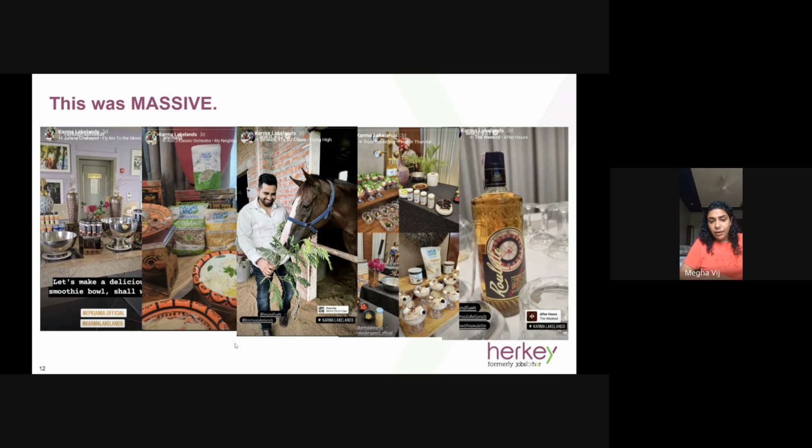So the maximum running around has to be done by the brand fueler to ensure that it is executed to perfection. Plus, the weather was not very much in our favor. It was a very hot day in the first half, and then it started raining like crazy during the second half. But it still was a huge event, and it got us major traction. We can go on to the next one, Amit.